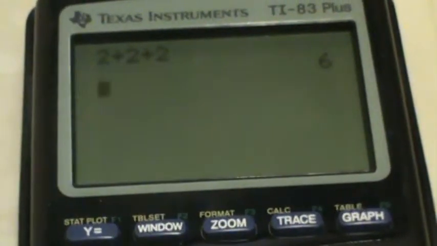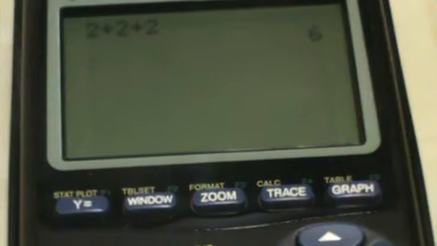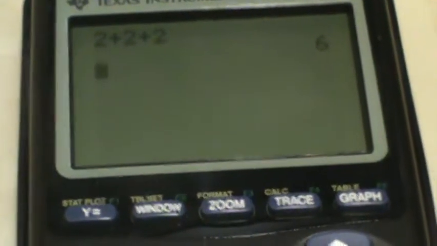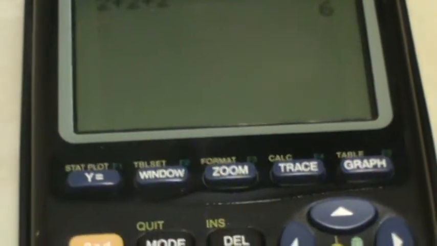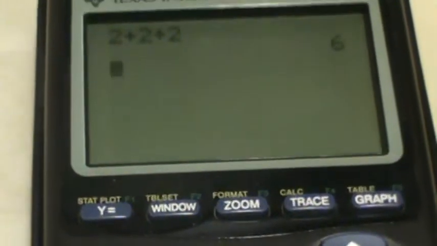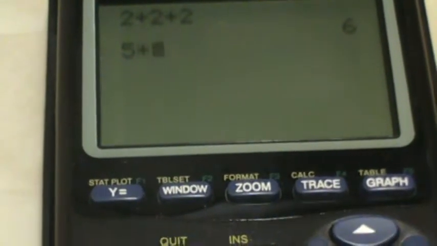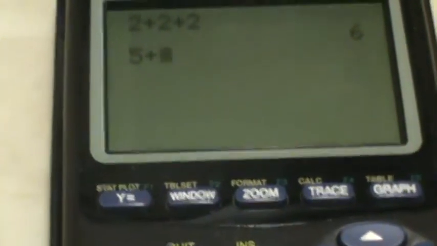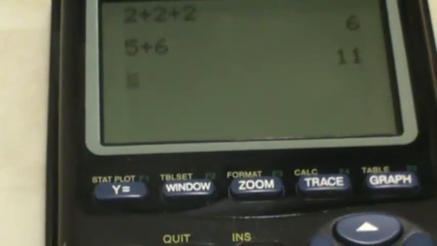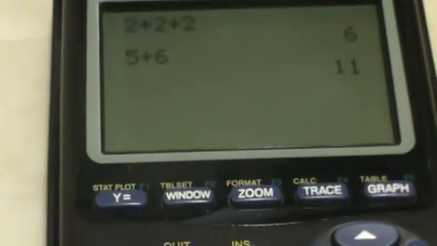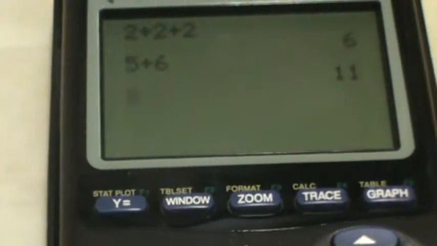One thing I like about the calculator, which I did not even have whenever I was in school: first, it was pretty expensive, and second, unless the teachers asked you to get one. So you go ahead and do 5 plus 6, which is 11, to do 2 if you catch 2 fish, and then maybe a group of 2, like a decimal fraction.